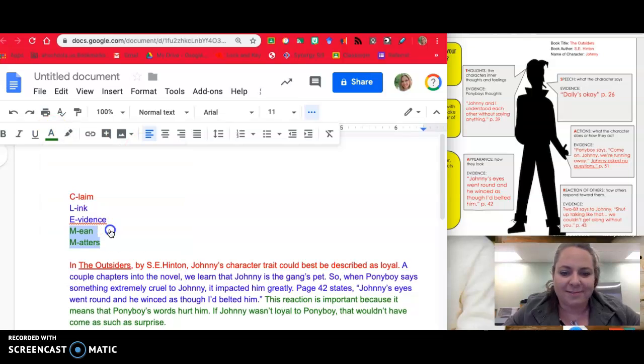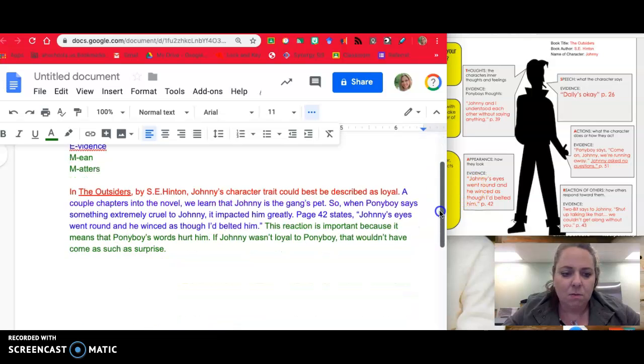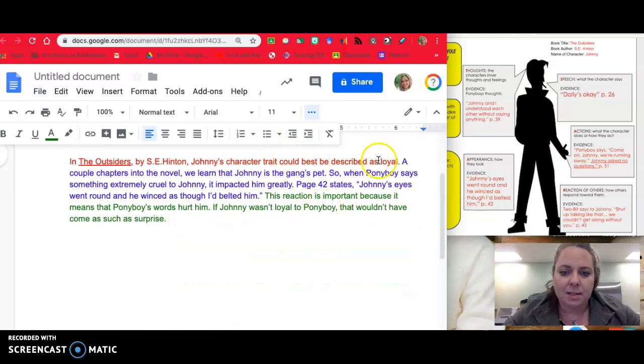First attempts here, right? And then I can continue by adding more evidence. I'm going to stick with the same claim, but now I'm going to add in a new link and new evidence. I can use a transition word such as